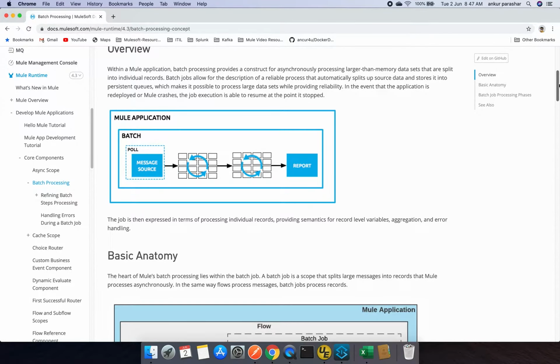So what it does exactly is provide a construct for asynchronously processing larger-than-memory datasets, with data split into individual records. Batch job allows the description of a reliable process that automatically splits up the source data and stores it into persistent queues. By default, it takes a batch size of 100 records per execution per thread,